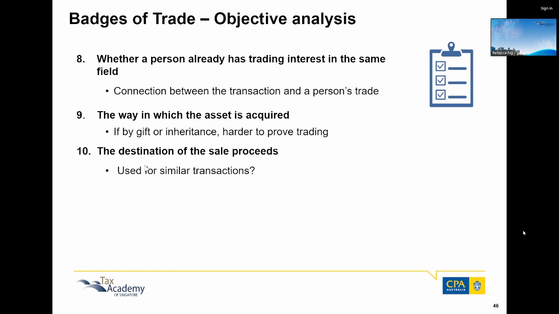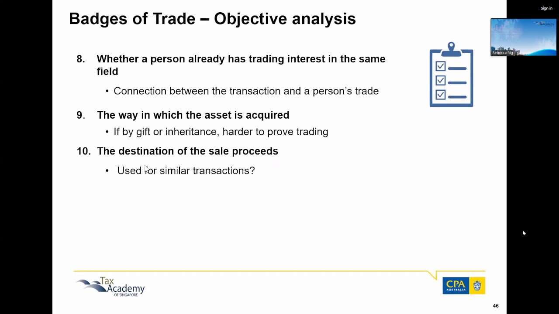And the way in which the assets were acquired, whether the assets were given by way of gift or inheritance, then it is harder to prove that it is trading, because you also have to consider how you acquired the particular assets. If it is a gift or inheritance, you have no motive of acquiring that particular asset in the first place, right? And then the destination of